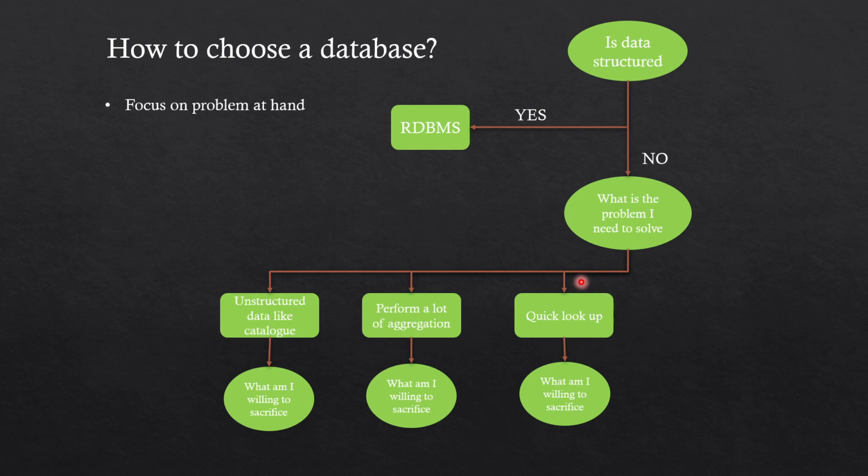Same thing goes for your cache. Do you really want your cache to be highly available? Again, the same example will work here. If you are putting a cache on top of your social media site, it's okay to show some old response as compared to showing nothing. And if you are putting a cache in your data lake, then in that particular scenario you need a quick lookup and the data should be consistent. So these questions should be answered.